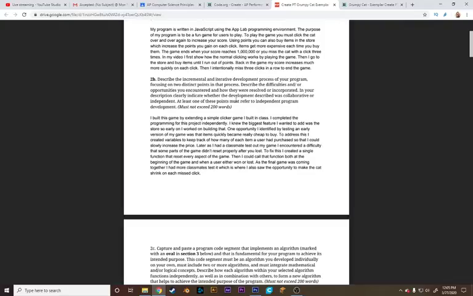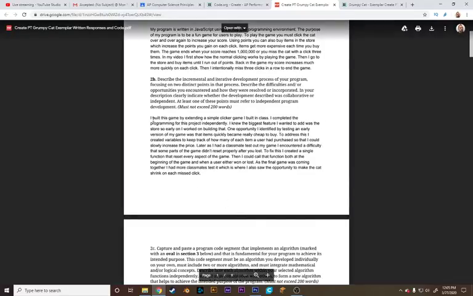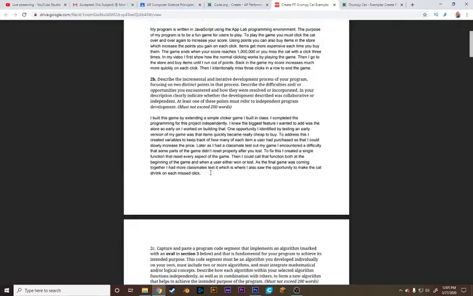I'm pretty sure they're also using this as a plagiarism check, because if you don't have a pretty good outlined thought process, then it becomes pretty clear pretty quickly what you may or may not have done on your own. So please make sure that you're doing this. Please make sure that you're keeping track of what you've done along the way, and then you have this really solid example of what that looks like.